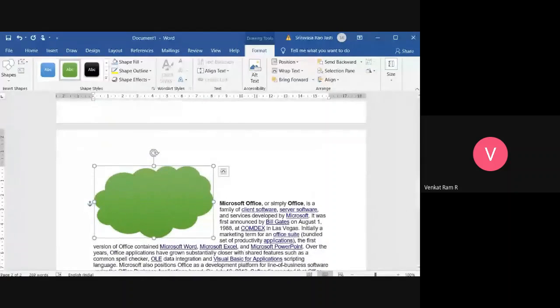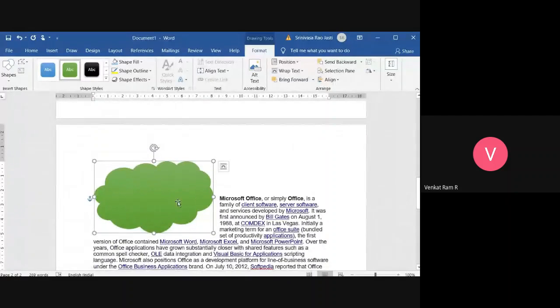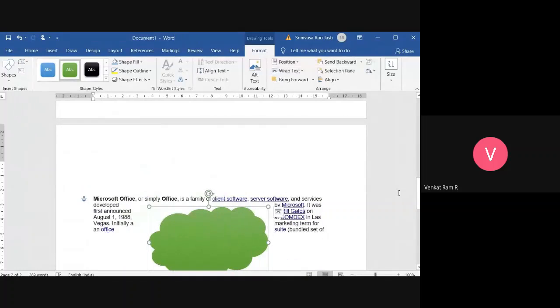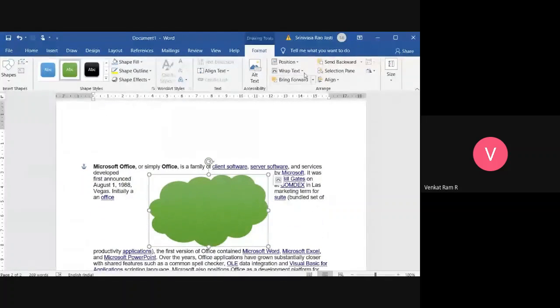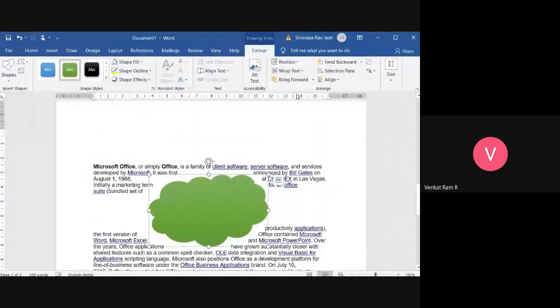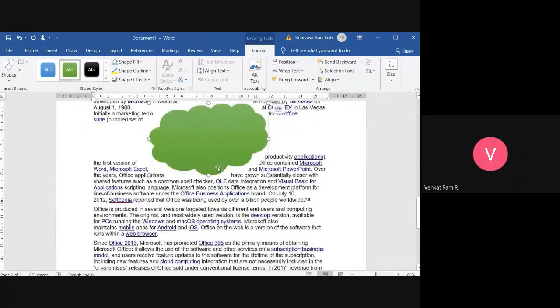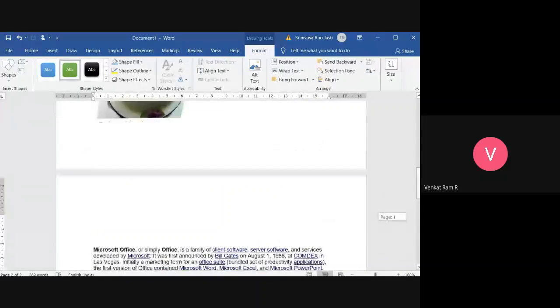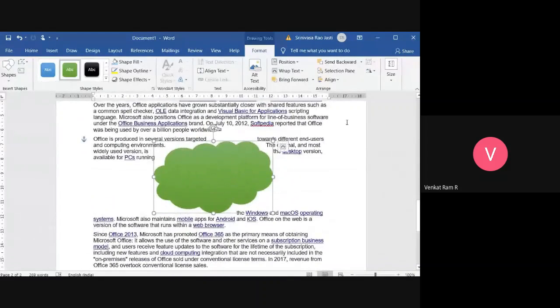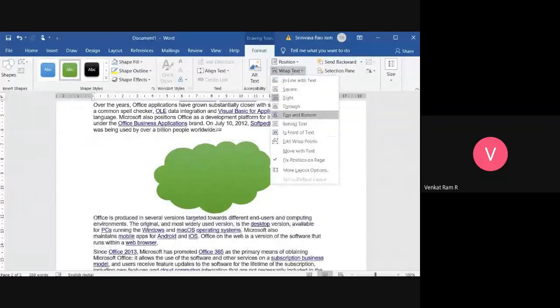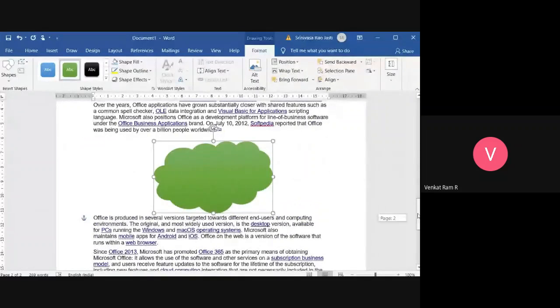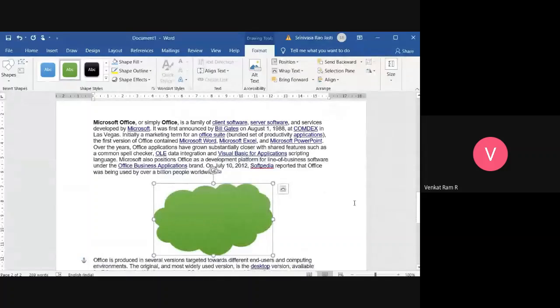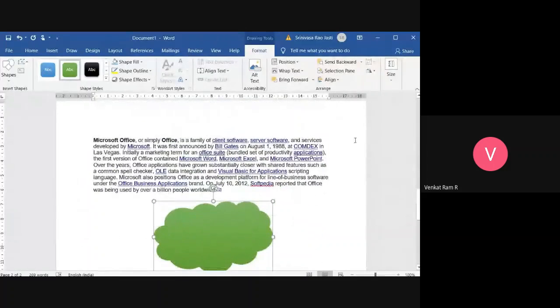If you want to insert any image in between the text, then you can use this wrapping the text. See here, wrapping the text tight means it will insert the image uniformly. Okay, taking the margins properly. And one more, top and bottom, where the text will be on top of the image and also below the image.